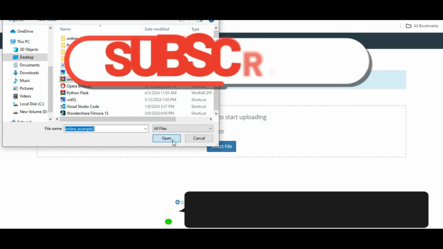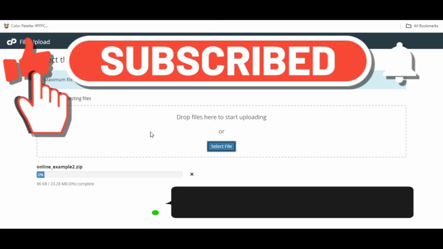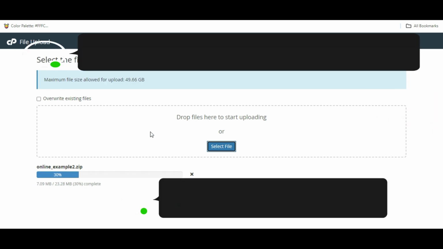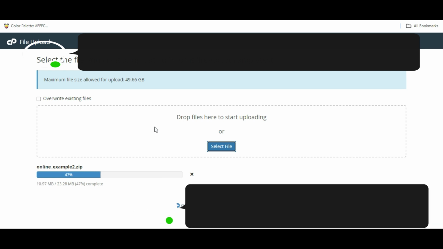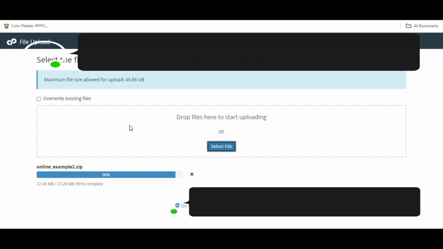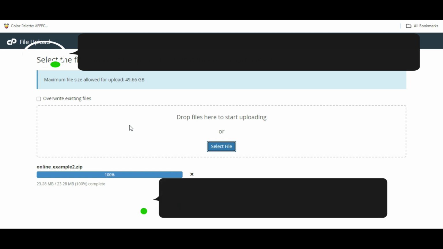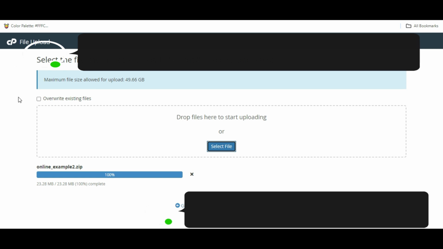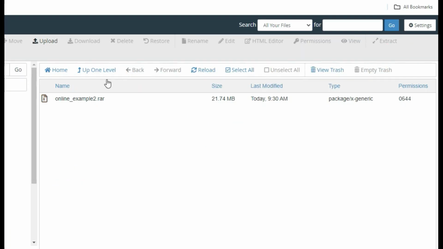Next step, go on and upload your file. Wait for some time until the upload is done. So here click reload, so as to reload the page, then here you see we have two files, the .rar,